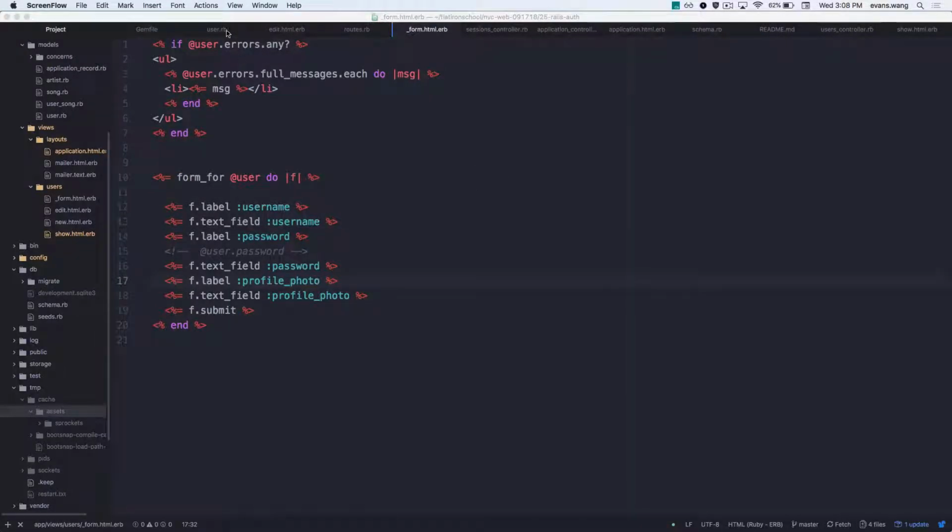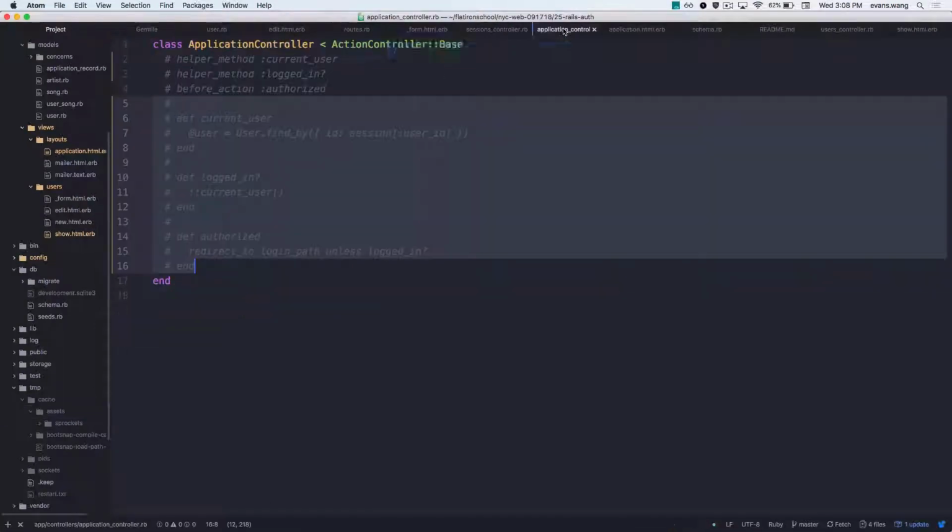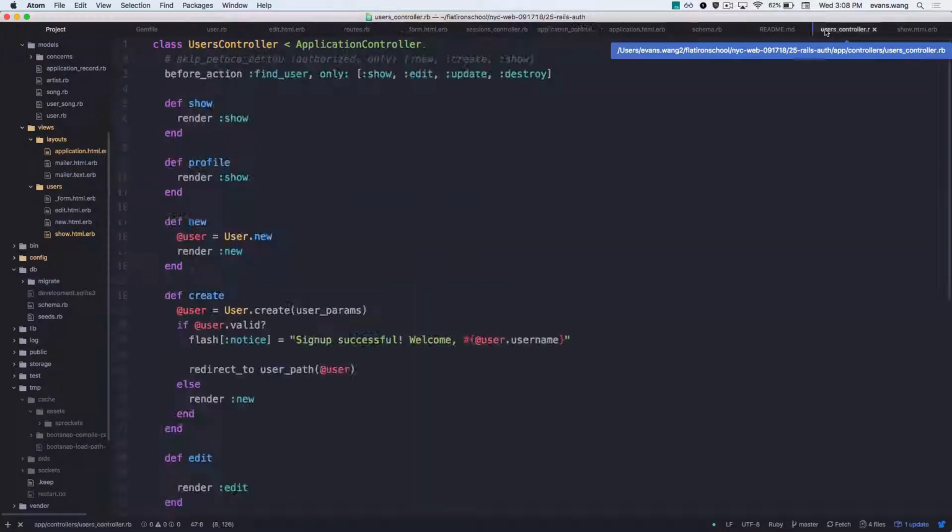All right, so cool. So what we did was, inside of our application, nope, that's all the other code. In the users,